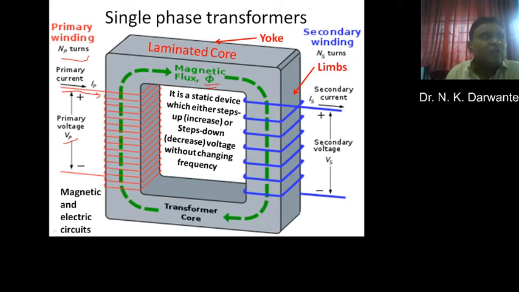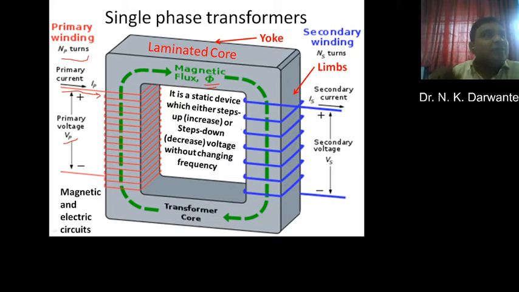As per Lenz's law, we know that whenever a conductor comes across a moving magnetic field, an EMF gets induced, and that is equal to minus d phi by dt, depending upon how much the variation is. Let me clarify that if we provide a DC voltage to the primary, then no voltages will be developed across the secondary.